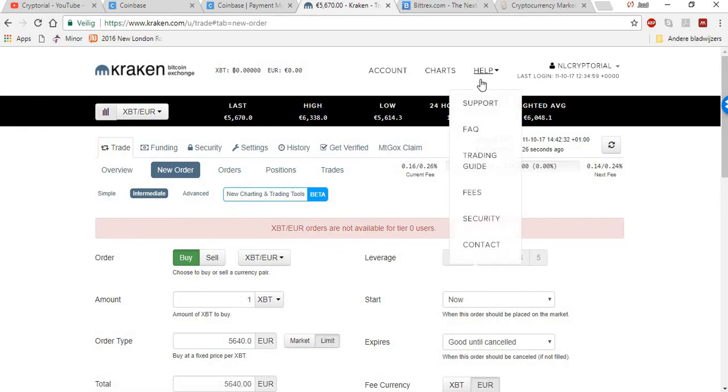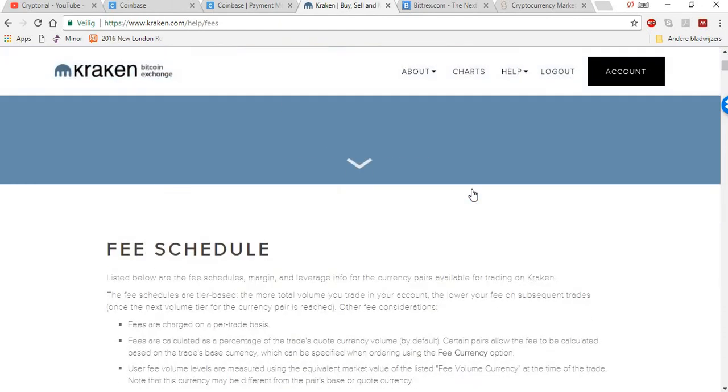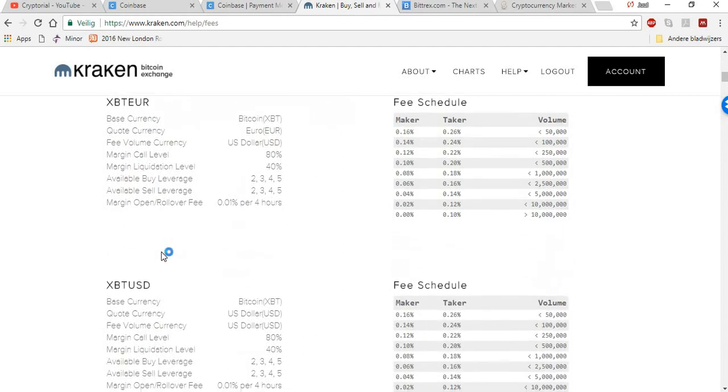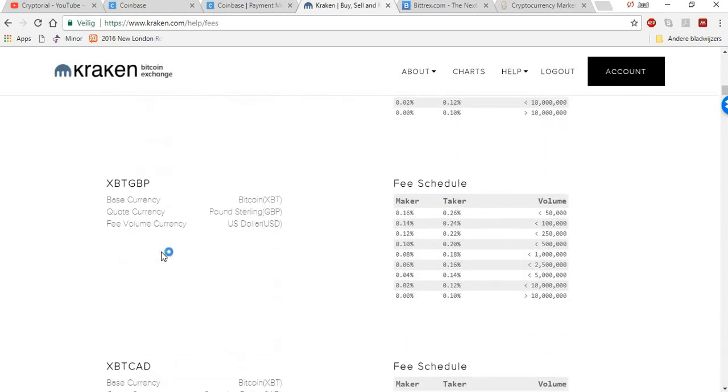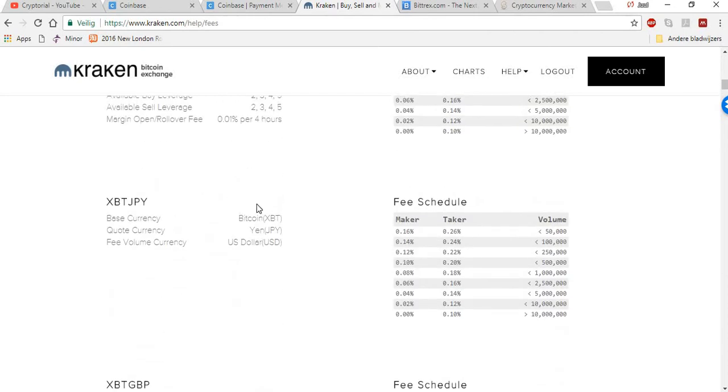Next thing to talk about is the fees. So they have their own fees. Kraken is cheaper than Coinbase. They have a fee schedule and they describe for each pair how much the fee is. Overall, it's the same. So you have these little graphs. I will choose